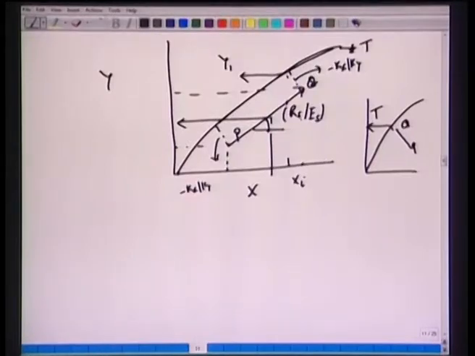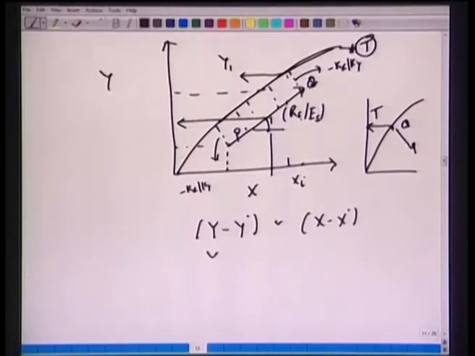So this point T will be equivalent to this T that we obtain in the case of co-current flow. The second important point to note is that if we find the driving force between P and Q at any location, we draw this slope of minus kx over ky and find the driving force for mass transfer as y minus y star, or x minus x star, or y minus yi based on the interfacial concentrations or individual mass transfer coefficients, or x minus xi, etc.